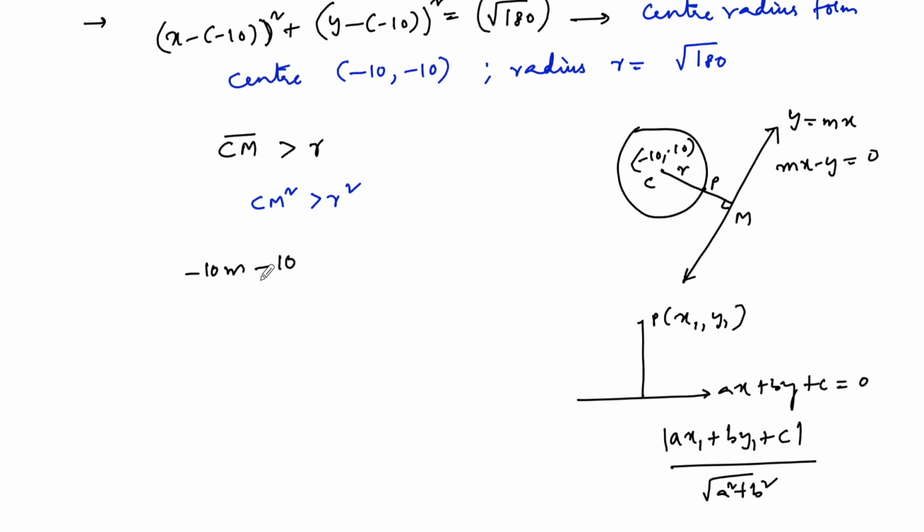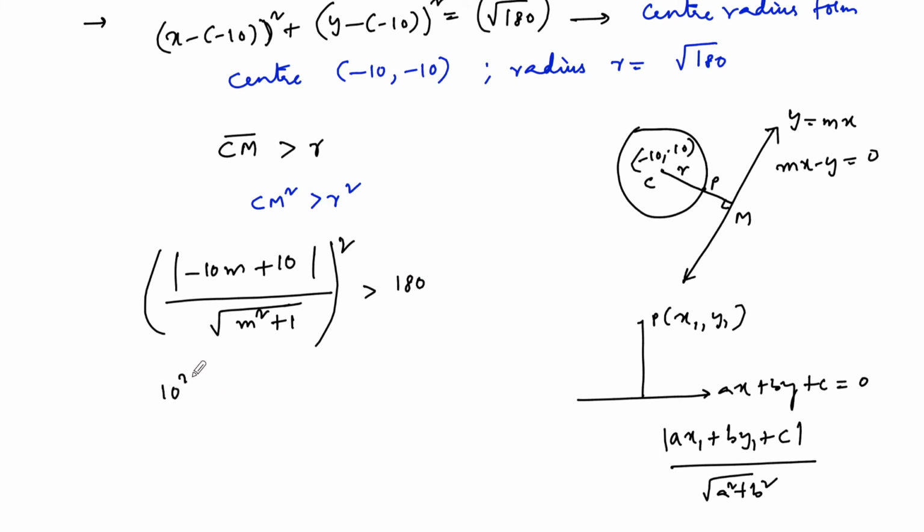So we can write the condition: the distance from the center, |−10m − 0 + 10| upon root of m square plus (−1) whole square, that is 1, is greater than r. R square is 180, so root 180 whole square is 180. Or we can write 10 square times (1 minus m) whole square is greater than 180 times (1 plus m square). Or here 100 times (1 minus m) whole square, that is 1 plus m square minus 2m